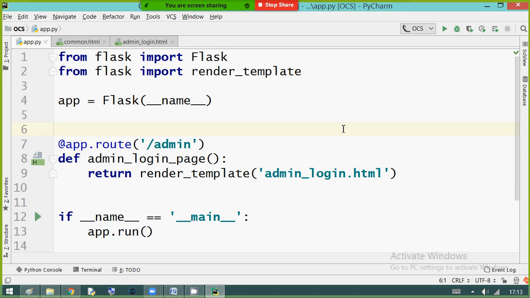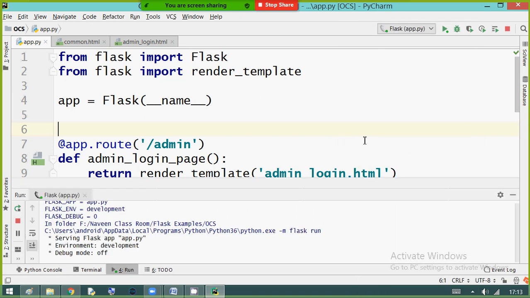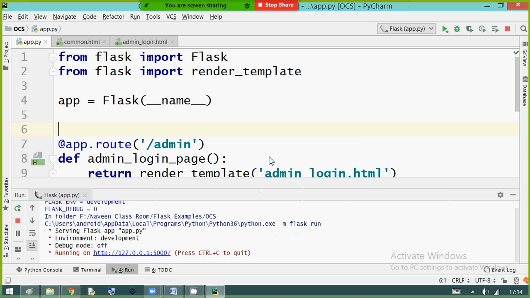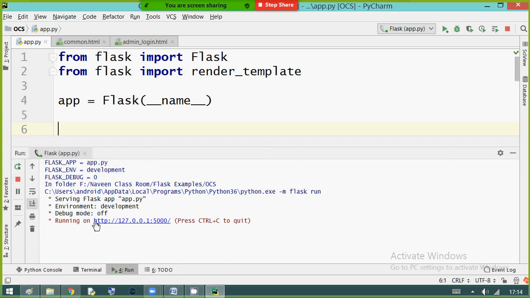Let me run. It is running successfully. Just click on this link and it will automatically open in the browser.